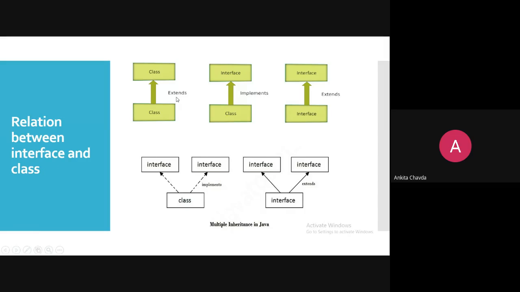If you have two classes with a relationship, you can write the extends keyword: class A extends B. So you can say B is the parent and class A is the child. In the same way, if you have a class and an interface, you need to include the interface in your class via the implements keyword.